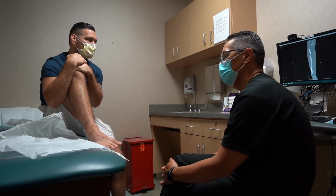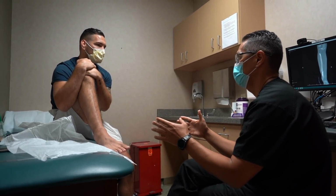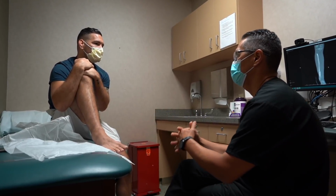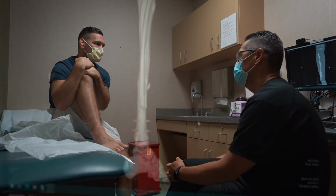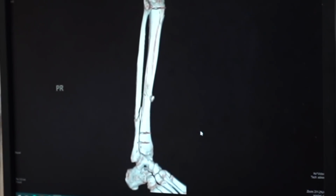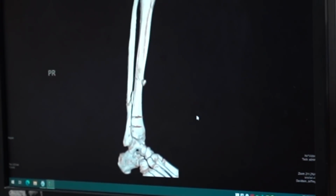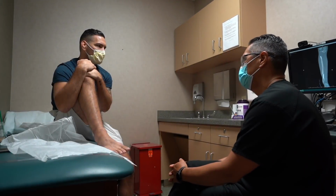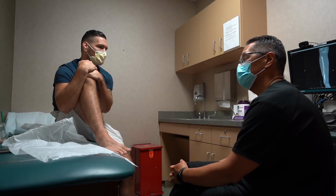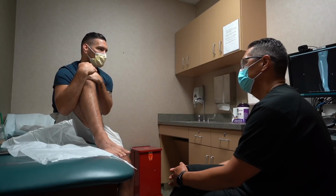Yeah. And I think the best way to make a decision on that is say, all right, this is our window. This is the time frame when we say, hey, look, we're either going to do something or not. Yeah. In this window. Gotcha. What does that look like? A plate on the fibula. What's the recovery time, and how do you do that? Recovery time is probably a couple of months. Yeah. On the plate and the fibula,